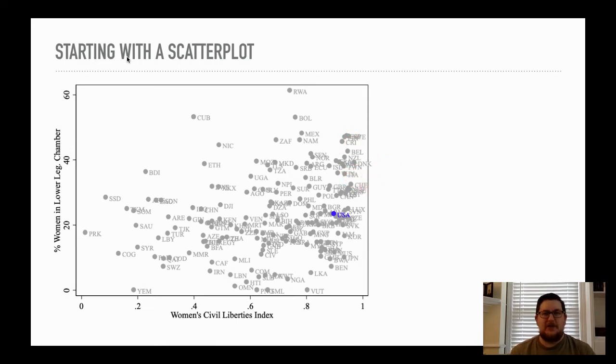But generally, we do see some general trends here. And you could probably think already there's a general positive increase. You see, of course, Rwanda is way up there. Rwanda is one of the more advanced countries in terms of women's representation. They have a very robust gender quota system. That's one reason.